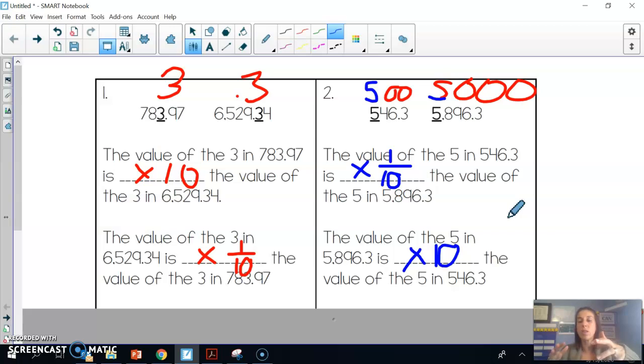and different place values, and you are going to have to think, where is this place value smaller? Is it 10 times the place value? Or is it 10 times the value of the other digit? Or is it 1/10 of the value of the other digit? No longer am I saying, is it equal to, is it greater than, is it less than? We can use those thoughts to make that comparison, but we're really using the statement, the value of the 5 or the value of this number is either 1/10 or 10 times the value of the digit in the second